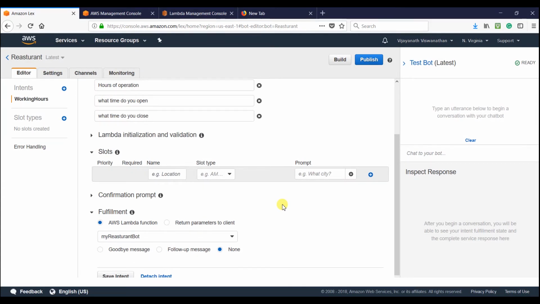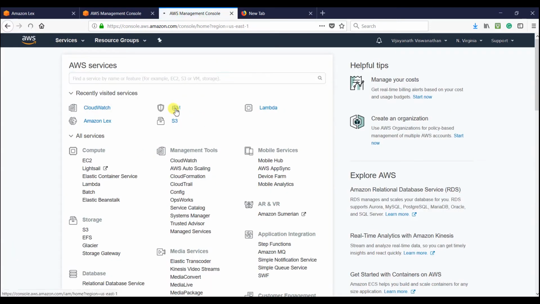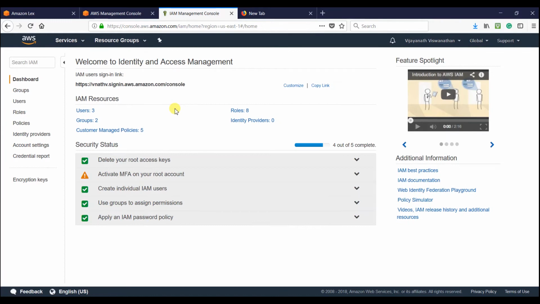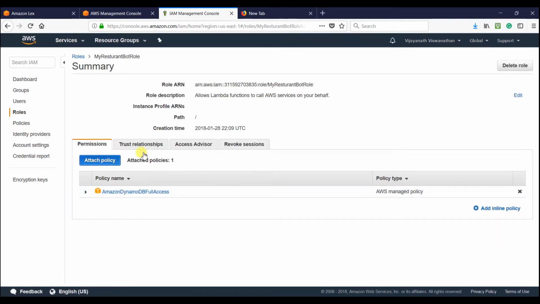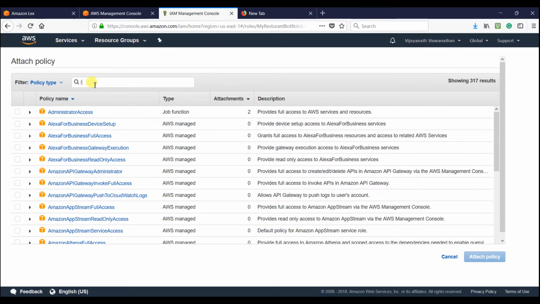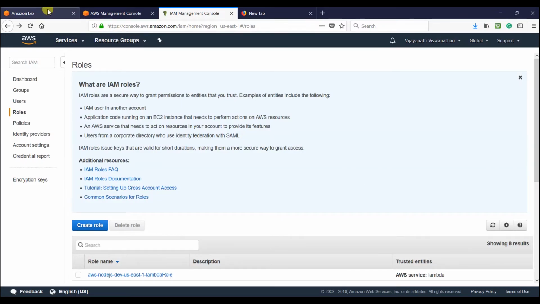One thing you should remember is if you're not able to see logs in CloudWatch, what you have to do is you have to give permission to the Lambda function to write logs. Okay, for that what you have to do is go to IAM. If you remember it correctly, we have given only DynamoDB access to the Lambda function we have created, and we haven't given the permission to write logs. So we have to give that permission. Click on roles and select the role we have created. Okay, and attach a policy. Search for logs, and you should be able to see CloudWatchLogsFullAccess. Attach that policy. Okay, now come back here